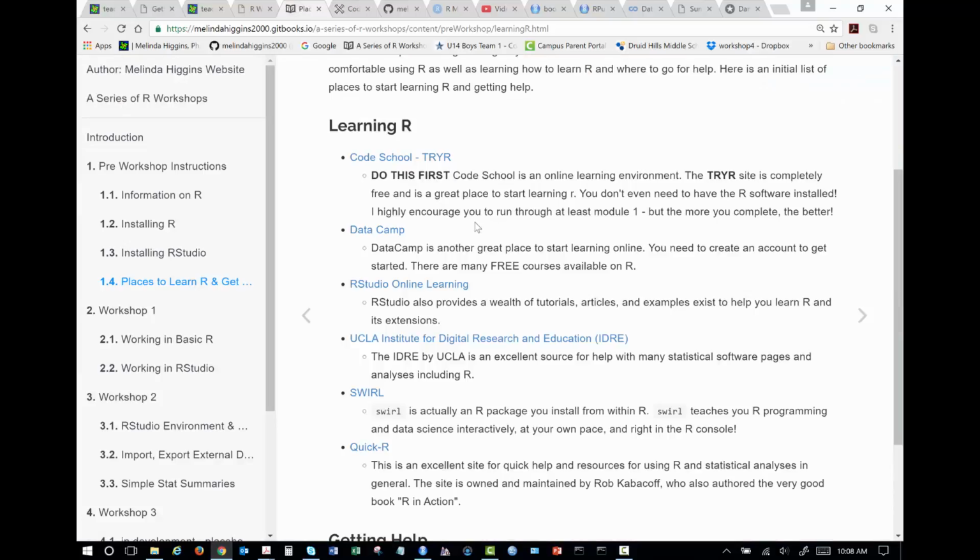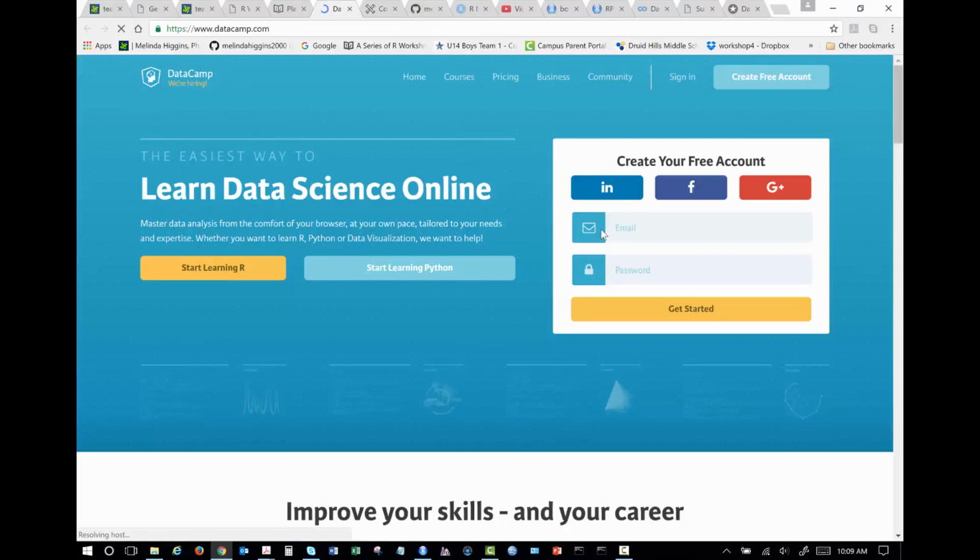Some other places. How many of you have ever heard of Data Camp? A few. So Data Camp has a bunch of different things. They have all kinds of software, and they have a whole thing here for learning R. Any of you doing any of the genetics, bioinformatics? Anybody here using Bioconductor for anything?